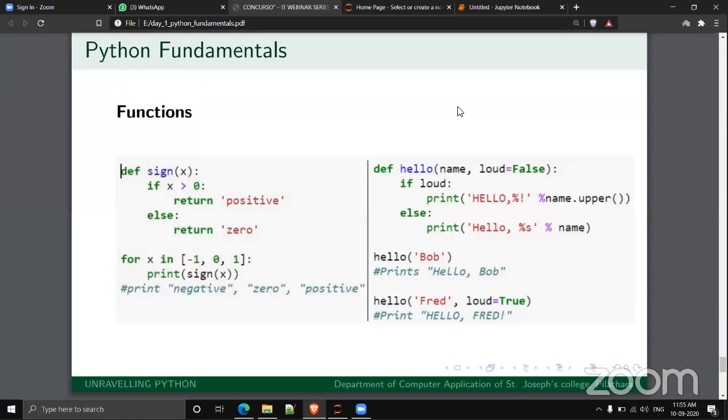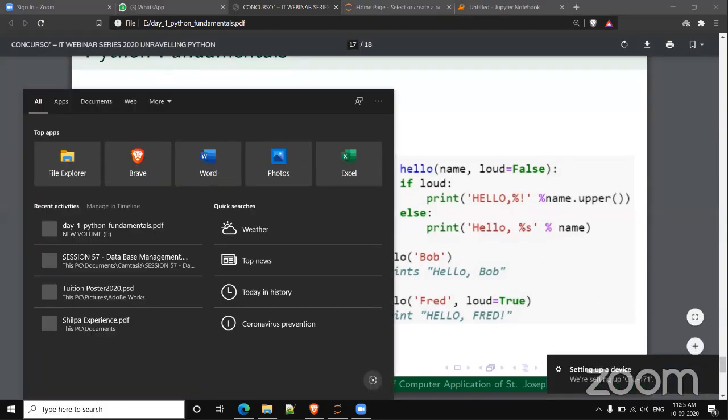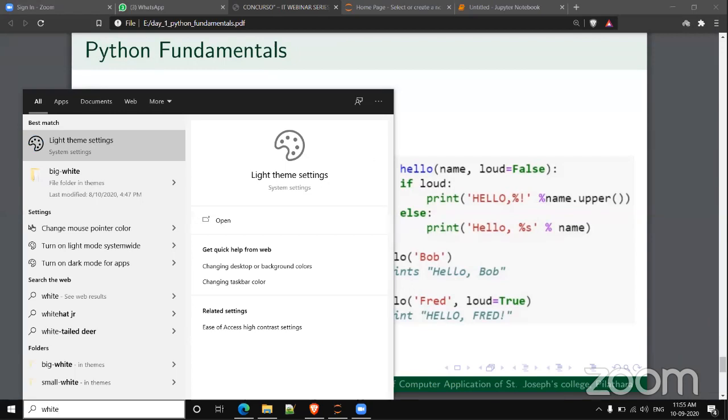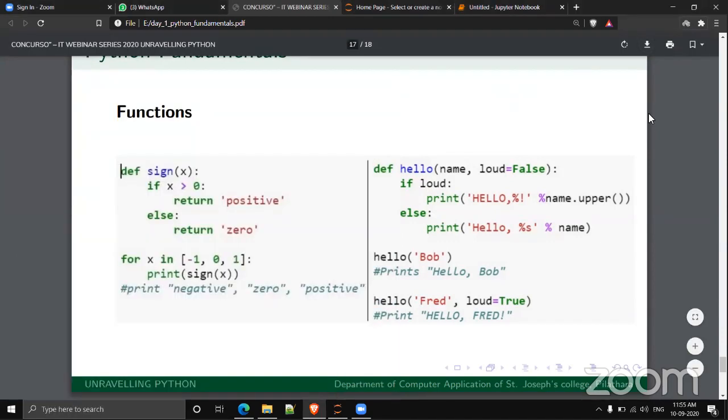I will explain. Okay. Yeah, I will explain it here. So, okay. Function is nothing but it's actually a small group of statements for a specific task.